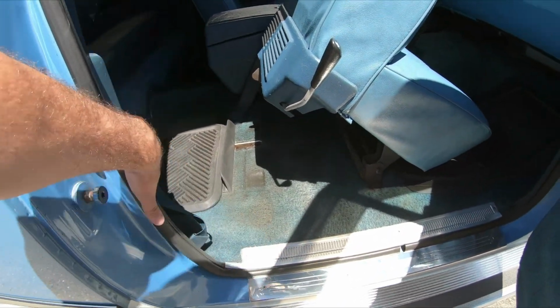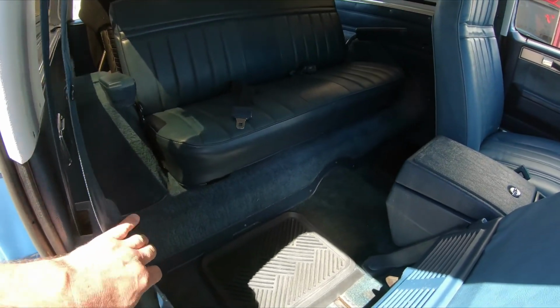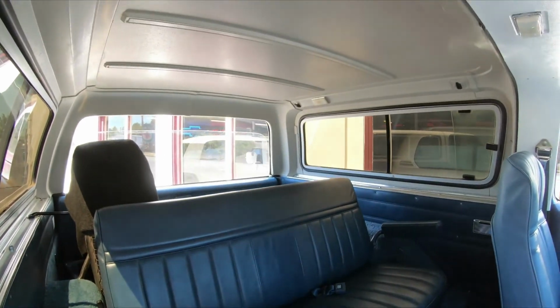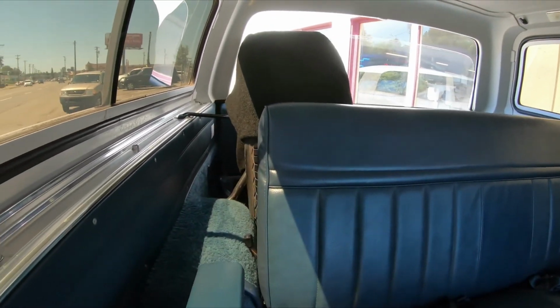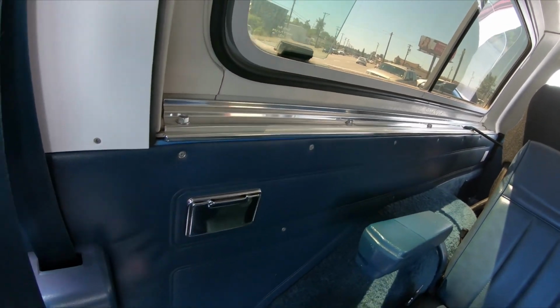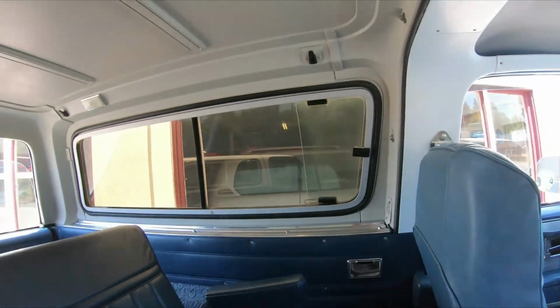Carpet is a little dirty under the seat and in a couple places, but it is the original carpet in the vehicle. The back seat's in nice shape. Rear panels and all that stuff, the trim's there, spare tire mount. Everything is in the back seat. It's all still pretty nice. Over there, as you can